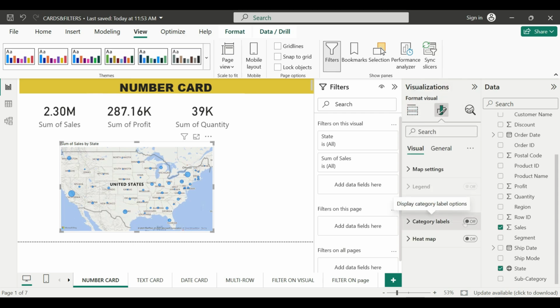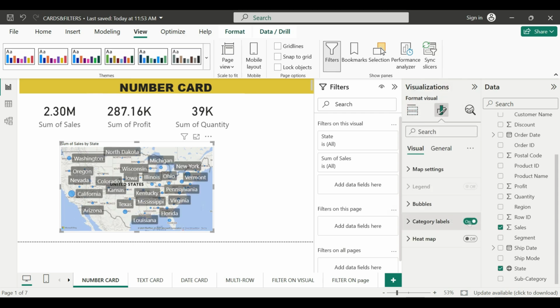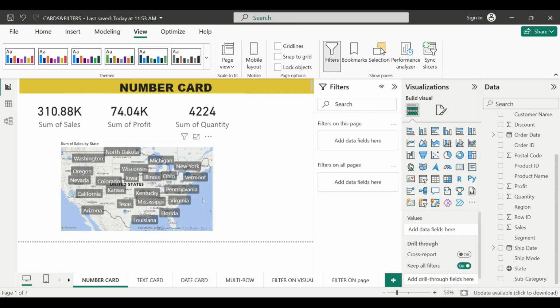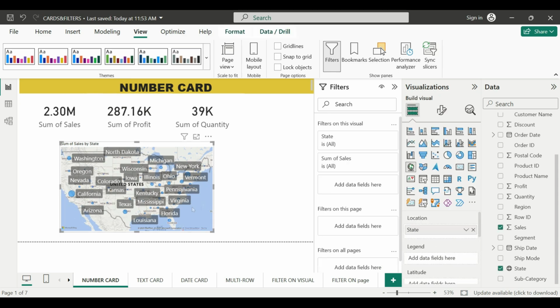So on California, observe if I click on this California, you are able to see the sales, profit and quantity for California. Let's say if I click on some other state, that is New York, and you can see all the values in that card will change. You see, all the values are changed. I have not done anything, no linking. By default all the cards, all the charts in that page are linked together. These are default properties. If you want, you can break the relation also, which we'll see in coming section.